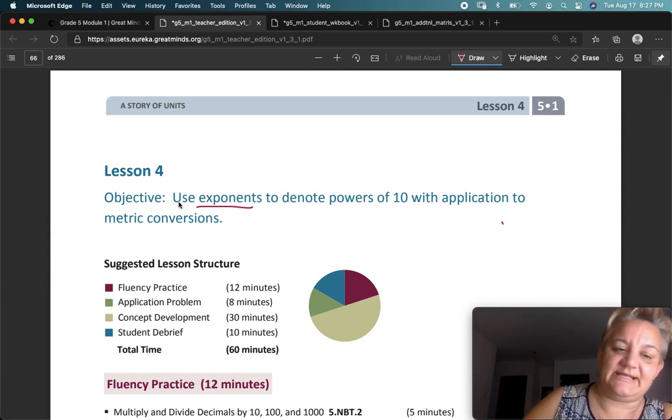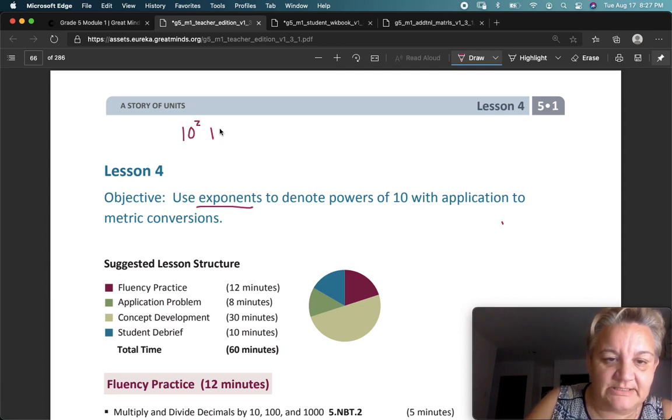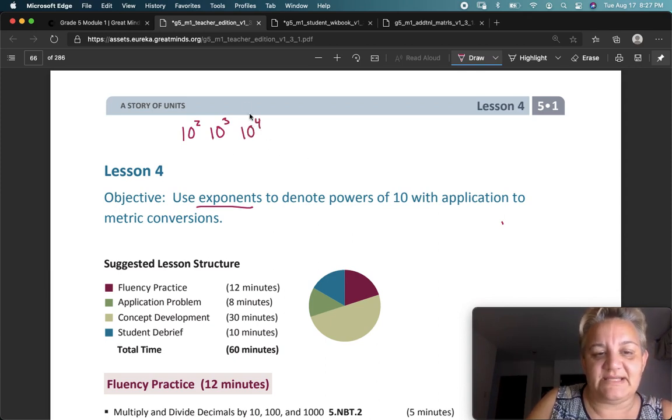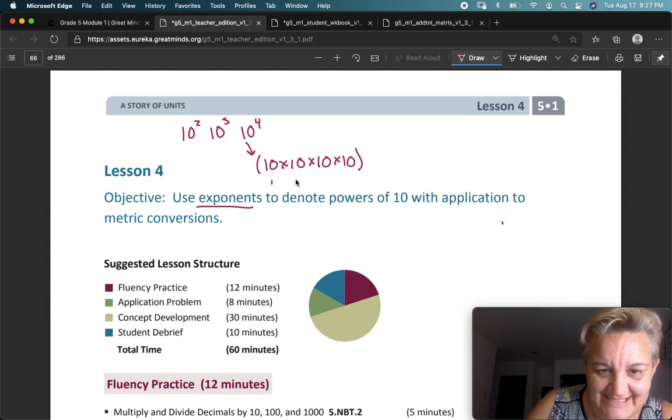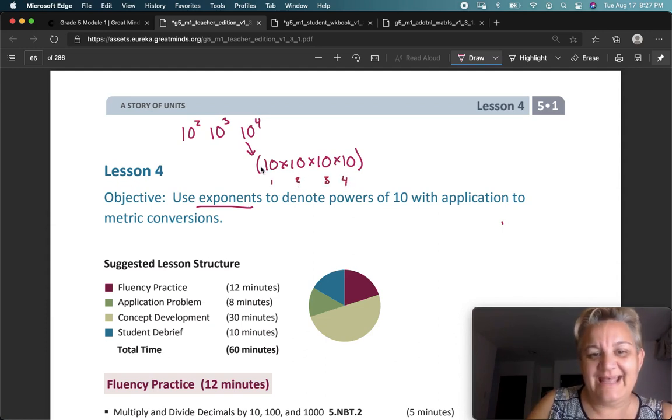Okay, so let's break this down. So we're going to use exponents. Remember, exponents are those small little numbers that we've been using on top of the tens, okay? And that just means that we're taking this number and shrinking it down, okay? Because what it really means, 10 to the power of 4, means 10 times 10 times 10 times 10. There's 4 tens here, right? So it's a lot shorter to just write 10 to the 4th instead of, say,